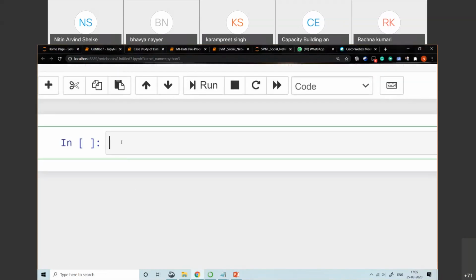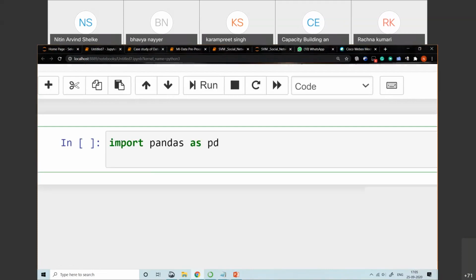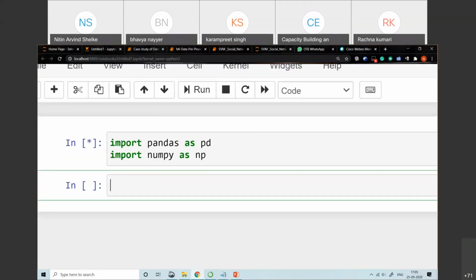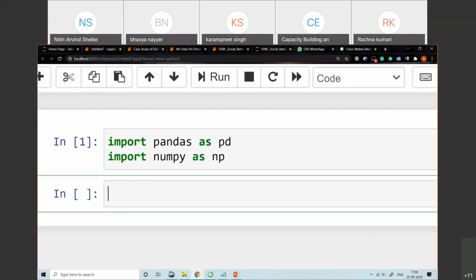so let me just import the libraries that are needed. import pandas as pd, import numpy as np. Okay, so these are the libraries that are needed. Now let's take two variables.